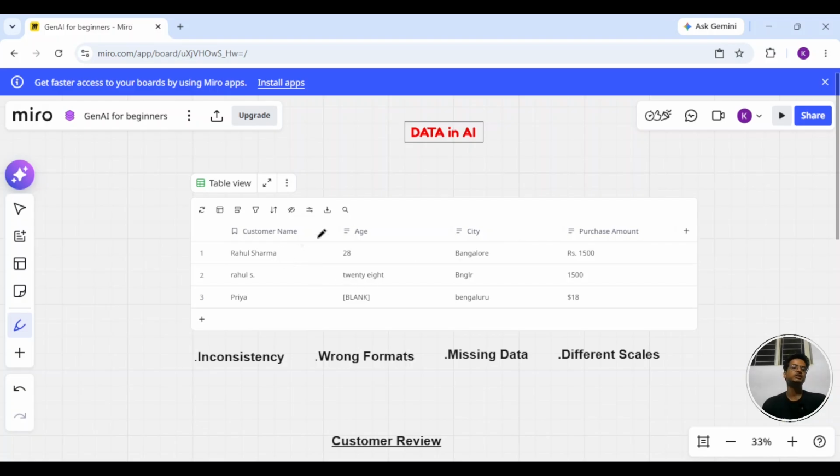If you pull the records from the database, you get Rahul Sharma, Rahul S, and Priya. For the example, we have 3 records, with name, age, city, and purchase amount. But if you look at these records, there are a few problems in processing them with a model. What are those problems? Starting with